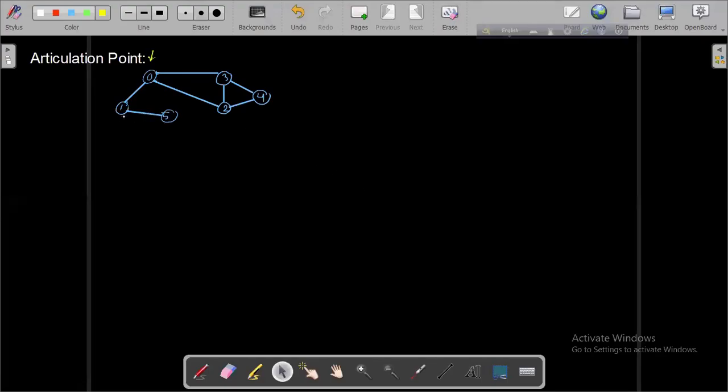Let's see another example on articulation point. Here our target is to detect the articulation points. Let's consider this graph here. Node 0 is our starting node. If we draw the tree corresponding to this graph,